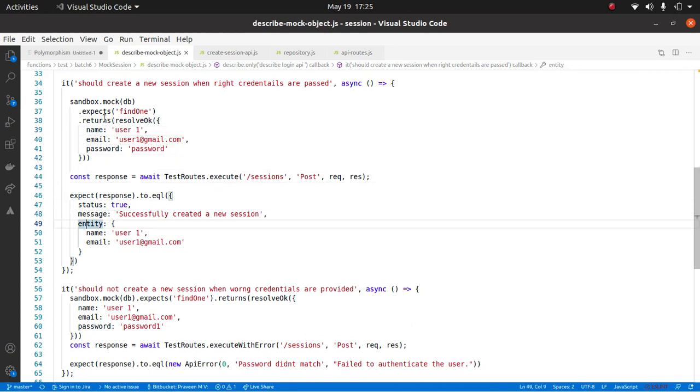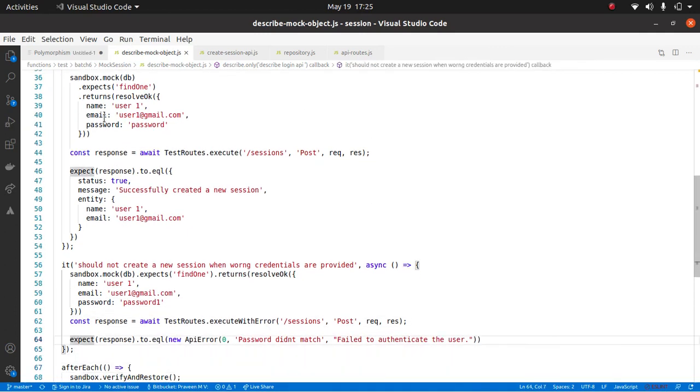Second, I told it should return the right user with the wrong password. Now what are the other scenarios? Maybe the number of logins is limited. No, I am not bothered about that, because that will take a lot of time to implement. Right now, the basic scenarios are: password matches, password does not match. The next thing could be that the user does not exist.